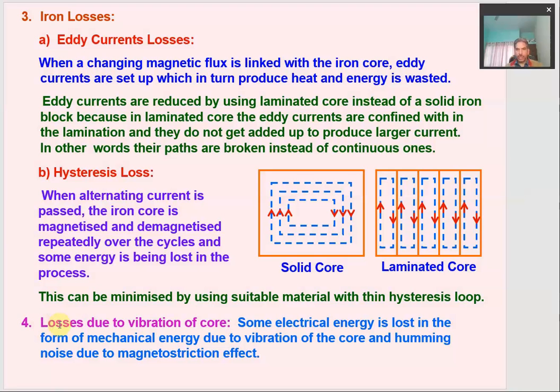There can also be loss due to vibration of the core, or humming loss. Whenever energy is fed to the input of the transformer and converted to the output, some energy is lost due to vibration, which is also called humming loss due to noise. So these are some ways in which energy is lost in transformers, and hence a transformer does not remain ideal.